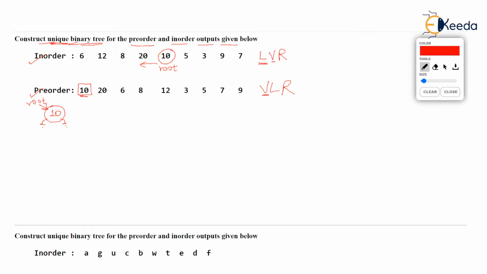And all values to the right of 10 in the in-order traversal, observe, after 10 in the in-order traversal, we have 5, 3, 9, 7. These values 5, 3, 9, 7 to the right of 10 tell us that they must be added to the right of 10. So we have got the in-order output divided into two partitions: everything to the left of 10 and everything to the right of 10.